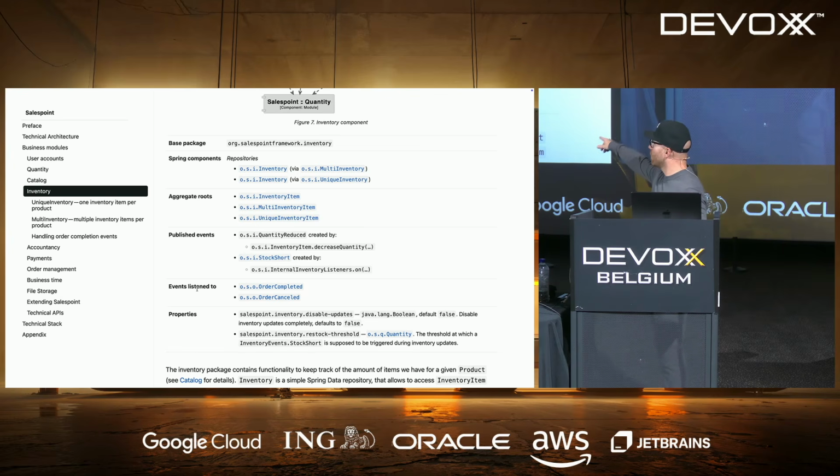You see the same thing for Spring configuration properties, right? Because that becomes part of the module's surface, right? I can tweak the module's behavior by setting the inventory disable updates property, for whatever that means, or the restock threshold, right? So that's kind of the thing. And what we also nicely do is